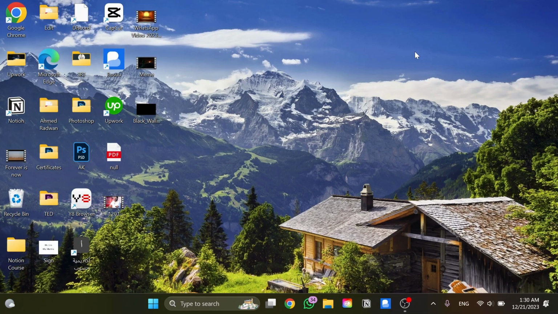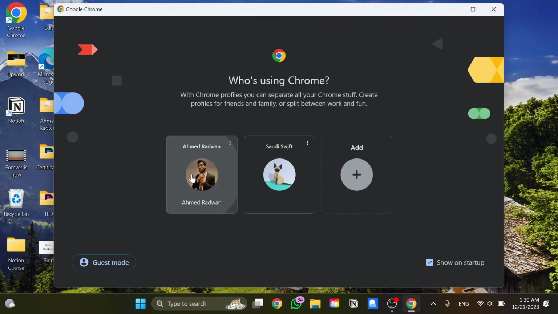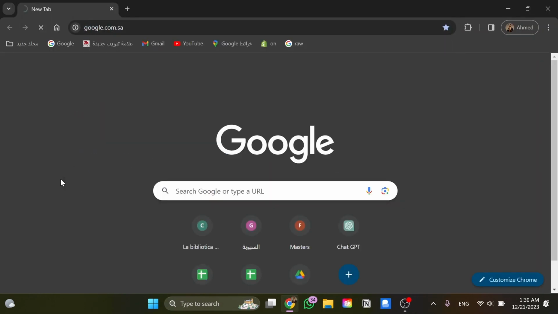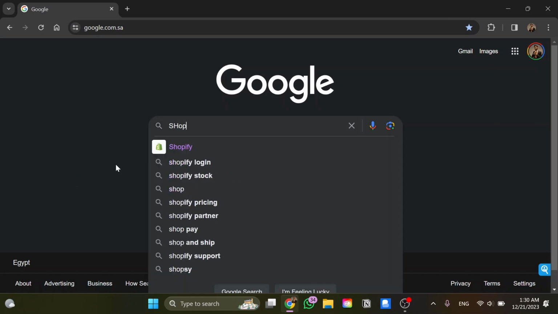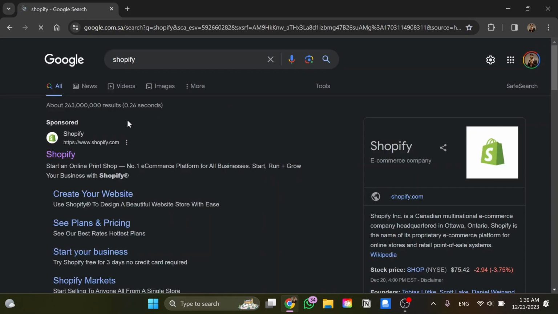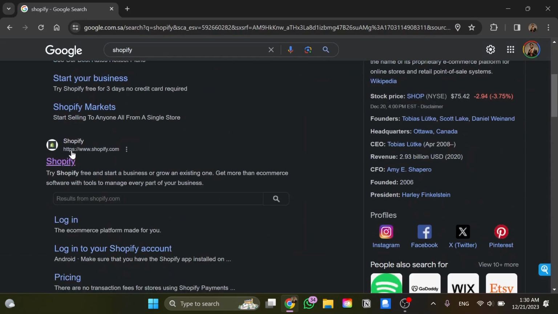So basically the first step what we need to do, we need to go easily to open the browser, go into Google Chrome over here and then we must go to the search engine Google. And now once we're here in Google, what we're going to search for is Shopify. So we're going to search for Shopify and then we'll go down to open this website